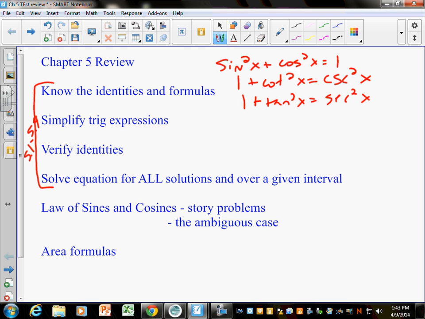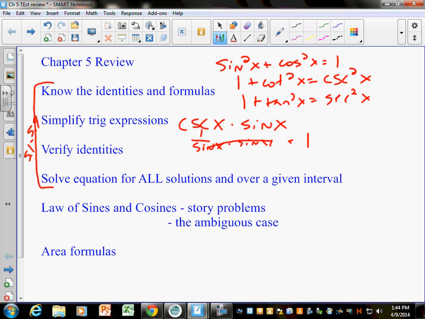In 5-1, we simplified trig expressions. Those are not equations. That's where I could give you something really simple. But if I just said, what does cosecant x times sine of x equal? Like, that's really simple. But there's no equal sign. There's no proof. You're just trying to simplify it, which means cosecant is 1 over sine times sine. Oh, that just equals 1. So don't overthink those problems. There's no equal sign, nothing crazy to do. So those always end up like that. Usually they cancel out nicely to be either one trig function or 1 or -1.